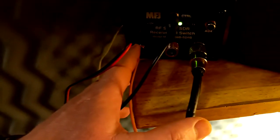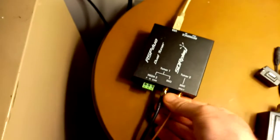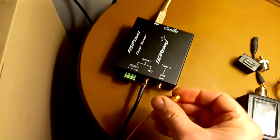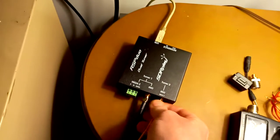Okay. Now, the antenna feed line from the diversity antenna comes into the antenna port on the SDR switch. Okay. Now you need to get that information out to the RSP Duo. So to do that, you will need an SMA connector, either SMA to SMA, and that would be a male, I believe. I think. Let me pull it. I want to be absolutely sure I'm not giving you false information. I always get them mixed up. Yes, that is a male. So you'll need an SMA male to SMA male connector to get from the switch